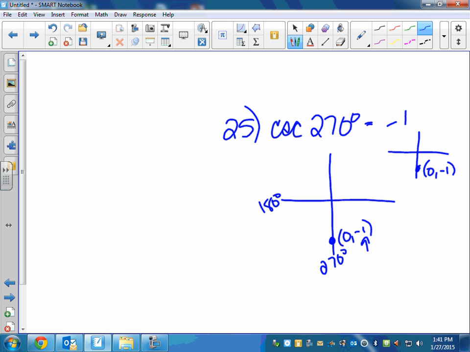You also had to do 29 and 30, yes? 29 and 30 say use reference triangles and not your calculator. You don't have to use triangles, but you're not supposed to use your calculator. So again, triangles or unit circle are your choices. So 29,